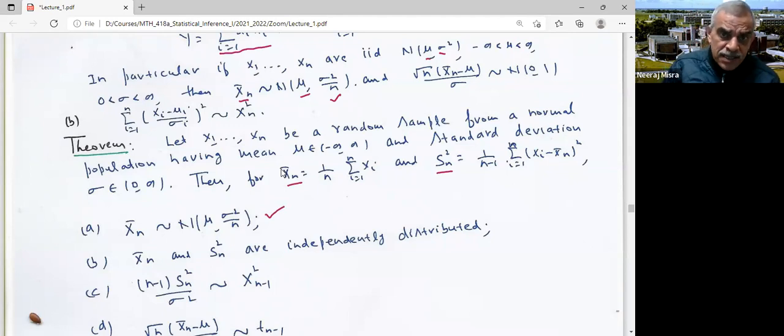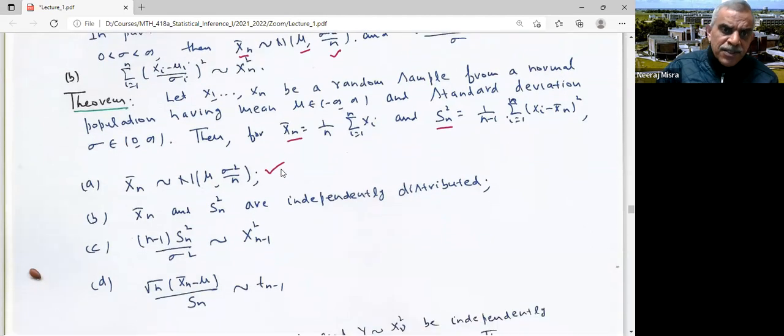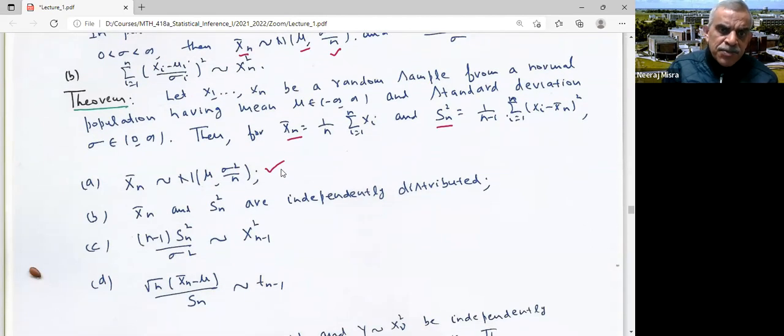I also know that sample mean and sample variance are independent if you're sampling from a normal distribution. So x bar and s square are independently distributed. Not only that, (n minus 1) s square by sigma square would have a chi-square distribution on n minus 1 degrees of freedom. And root n (x bar minus mu) upon Sn would have a t distribution with n minus 1 degrees of freedom. So this all is your first course,